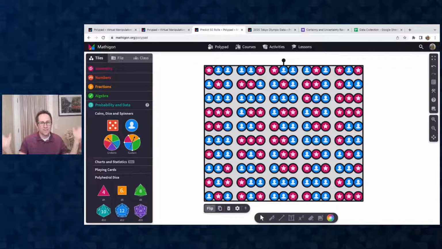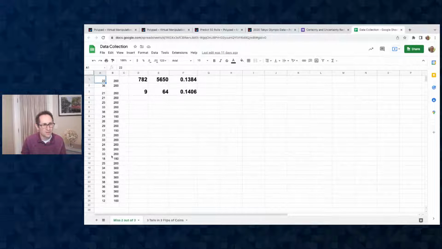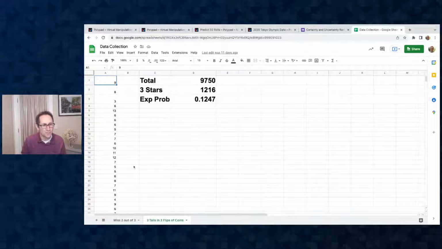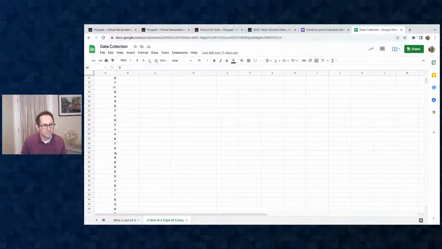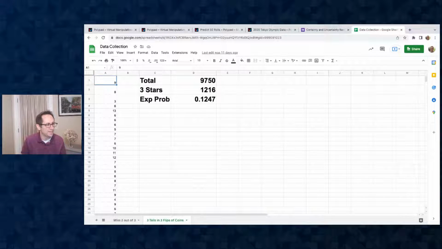And then we put all the data together. I think I had them put their data together in groups, and then they share it out. And I put them in a Google Sheet. And so here's all the data from, that's a different one. Here's all the data from a couple of my classes. And you can see just all the way down is how many out of the 50 were tails, tails, tails. And that class flipped 3 coins